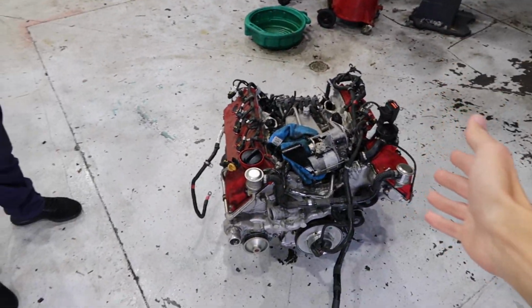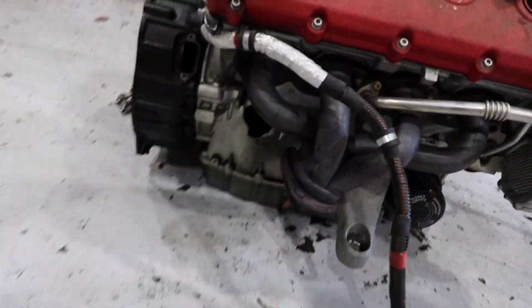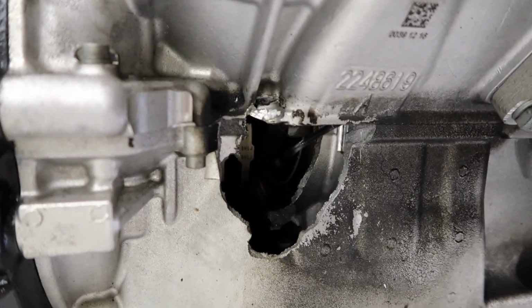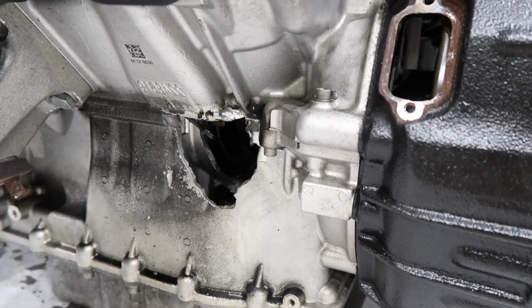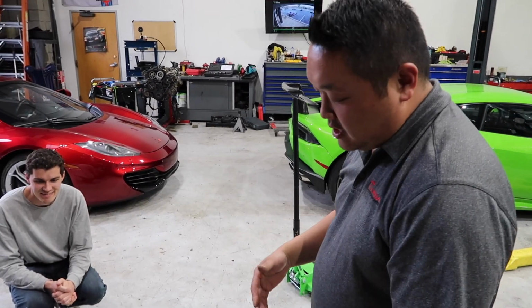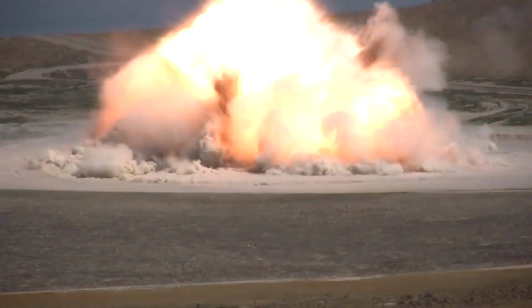But you told us there was some destruction that we had to come see in person. Oh yeah, there's a little bit of destruction. Definitely windowed the side of the block. No way. Get down here. Oh my goodness. Yeah. Maybe you might be able to see my fingers coming through it. Holy. Okay, so not just one hole in the block, two? Two holes, one on each side. Okay, so how do you get one on each side? Well, because of cylinders 4 and 8, one connecting rod went, the other one started to go, and then it just blew out, and then unfortunately it's such a tight fit motor, it just...